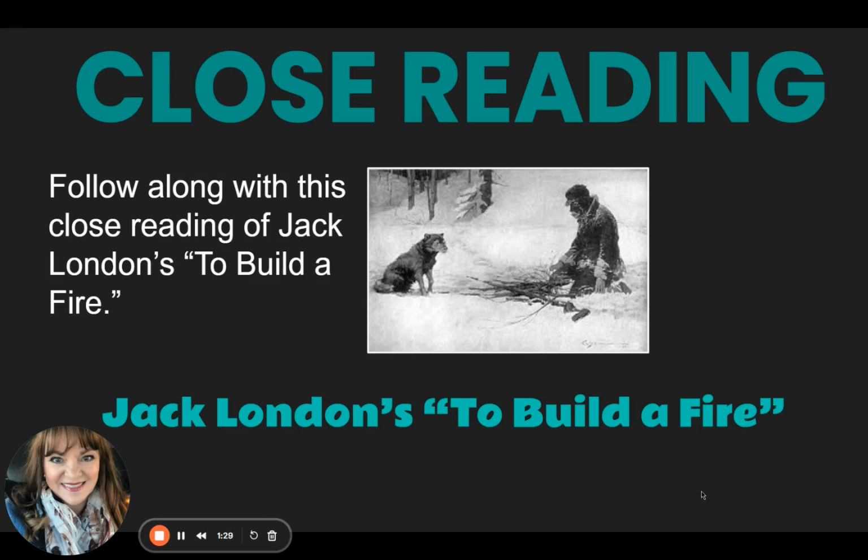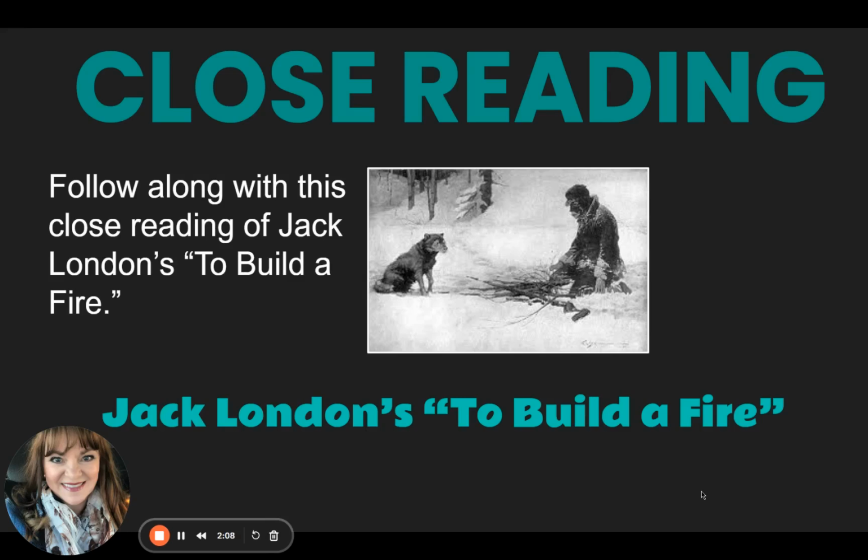And if you've not heard of Jack London before, perhaps if I say the title White Fang, which is a full novel, that's a really famous book of his. What I find is that students will come to me years in the future, and they'll be like, do you remember when we read that one story about that guy in the wilderness and it was cold and there's that dog? I said, yeah, Jack London, To Build a Fire. And they're like, I have never been able to forget that particular story. It's one that really stays with you. I've read it numerous times and I still enjoy reading it each and every time.